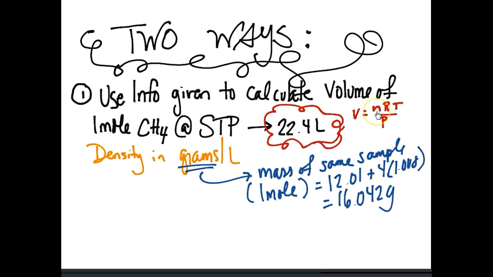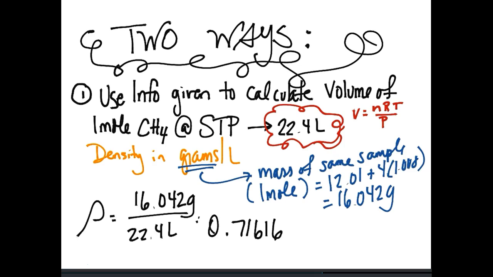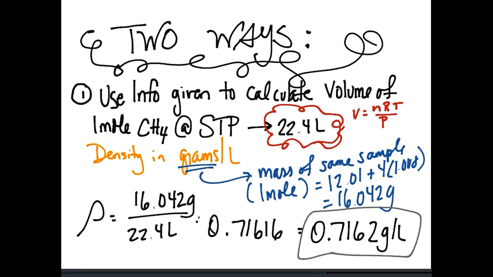You plug in a 1 for n, because it's 1 mole, and you plug in the ideal gas constant here from your equation sheet. STP says that this is 273.15 Kelvin and the pressure is 1 atmosphere. That should give you a number that's pretty close to 22.4. Then you know that that is the volume of 1 mole, and you know the mass of 1 mole is 16. So you just take 16 and divide by 22.4, and that should give you 0.7162 grams per